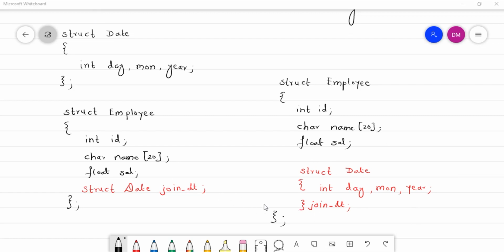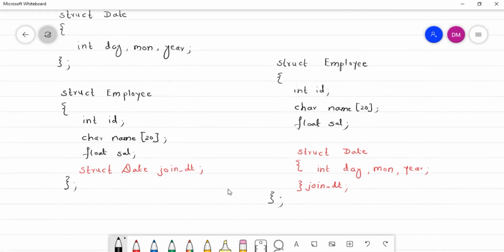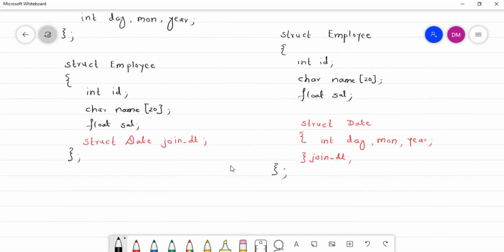Now let us see how you can access this element of a nested structure. Say we have a structure variable employee. Let me declare it: struct employee e, and I want to access the day, month and year of this employee.